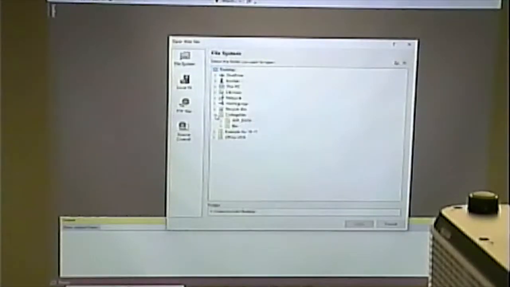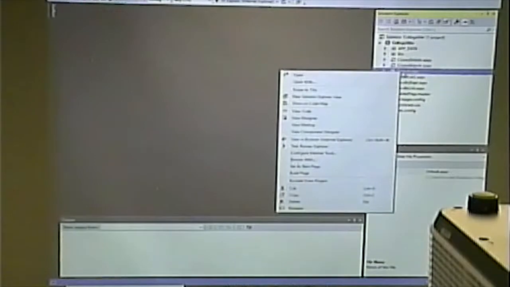I still, on occasion, have students that open the file incorrectly. Go to File, Open, Website. Pick the folder that has app data in it, which also has the web config. Then go to Solution Explorer. I'm going to make the home page my default page,